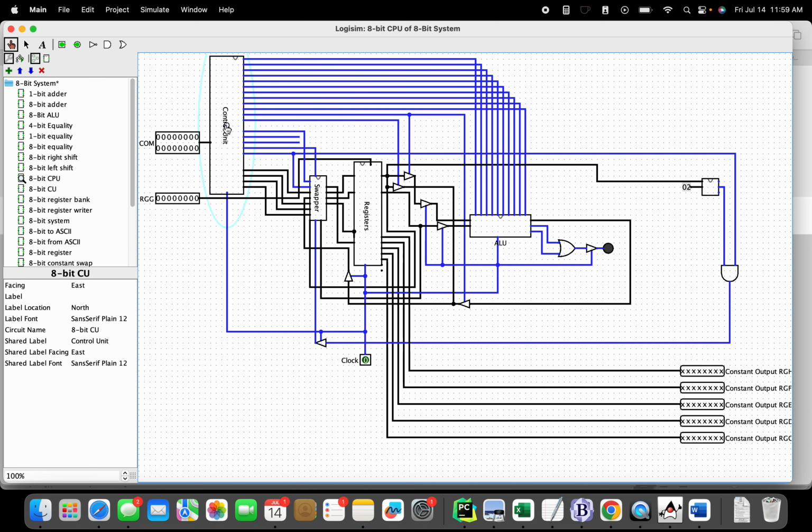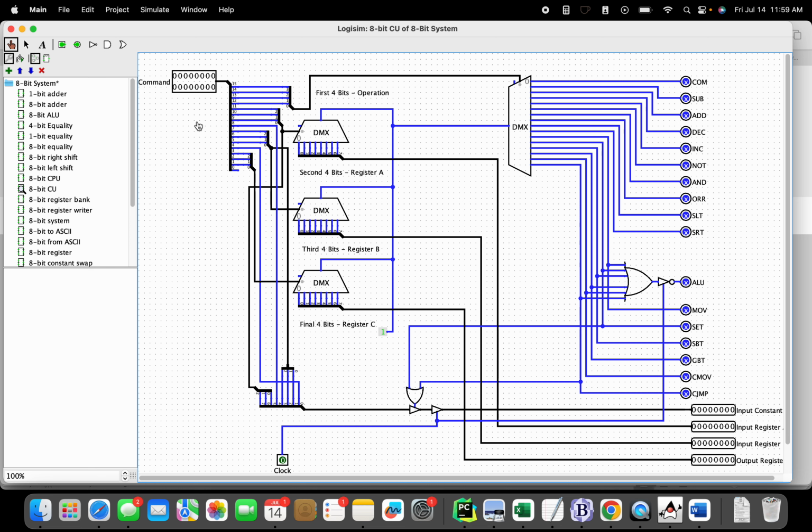So inside the control unit, this is what it looks like. We take the 16-bit command, we split off the first 4 bits. That becomes one of our operations, as you can see here. For any of the operations that use the ALU, we also flag this ALU output. And then we take the next 12 bits and we split them into 3 registers, or for certain operations, we take the middle 2 sets of 4, combining those into 8 bits to get a constant value that we pass on to the